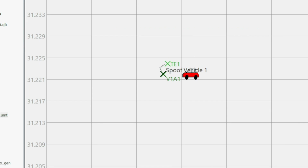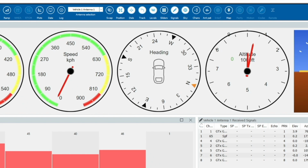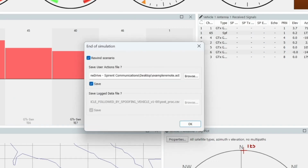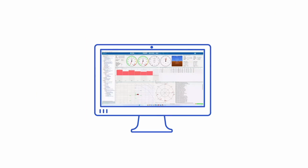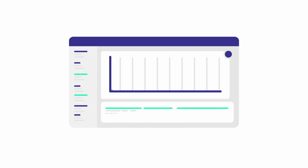The simulation is running. The simulated vehicle is on the specified route with interference impacting the GNSS signals and spoofing signals confusing the vehicle under test. At the same time, the emulated inertial sensor data, corresponding to the simulated vehicle motion, are streamed to the vehicle under test. With the Spirent GSS7000, automotive developers can save time and money throughout the development and validation cycle,